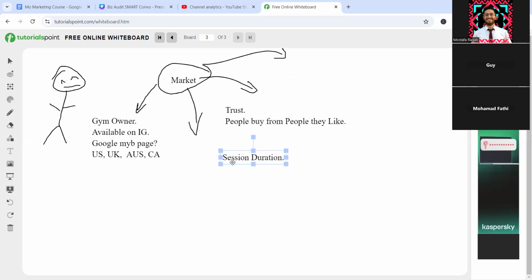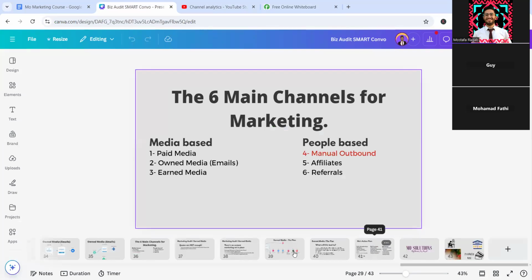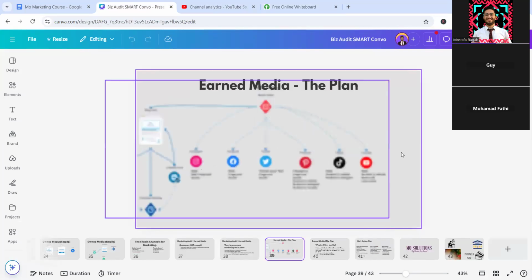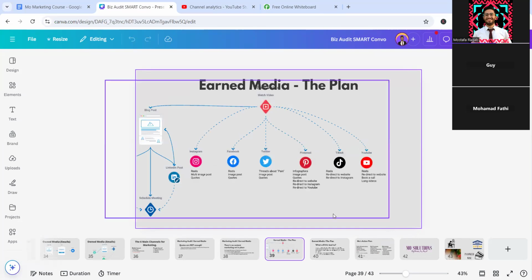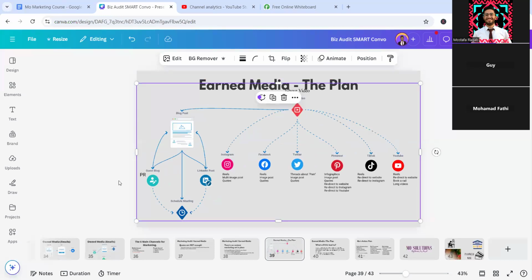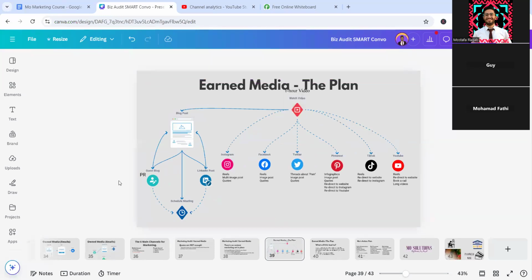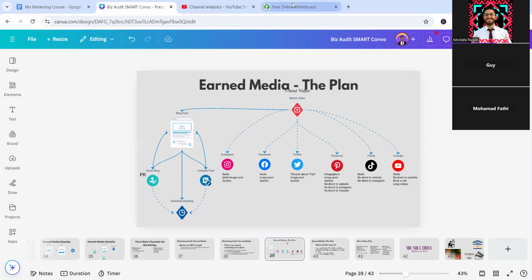Next time, I will go with a detailed strategy, have it right here, on how to actually do this. So that should be your entire plan. That one right there. Next time I'll go into further details on each and every part of it. What does it actually mean? How to actually do so.